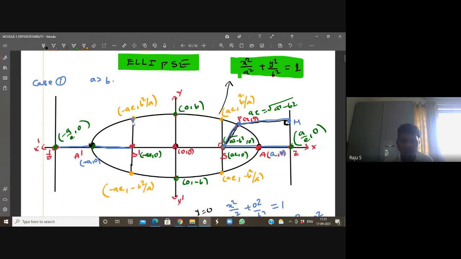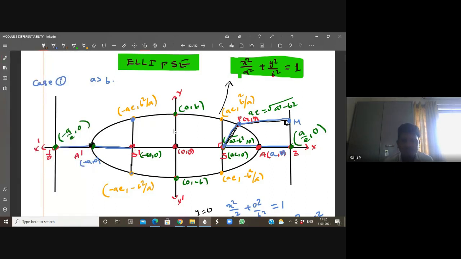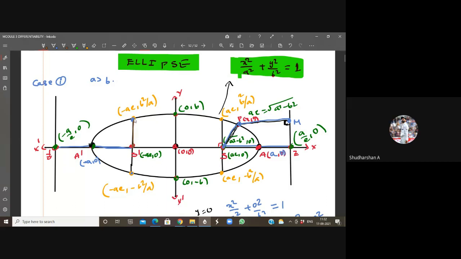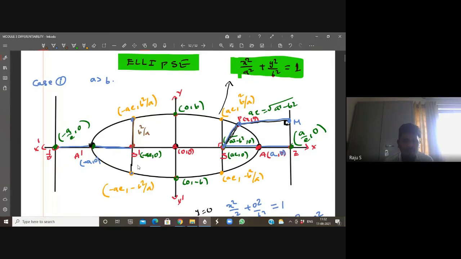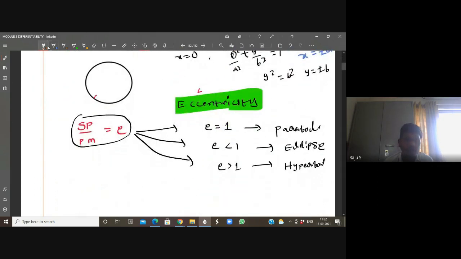Now, according to this, can you tell me what is the length of the latus rectum? Anyone? Length of the latus rectum. 2b square by a. Exactly. This is b square by a, this is also b square by a, and this is also b square by a. B square by a is the y coordinate. So finally, the LLR formula is very important, especially in objective tests. LLR, length of latus rectum, is 2b square by a. So the end points of the latus rectum are